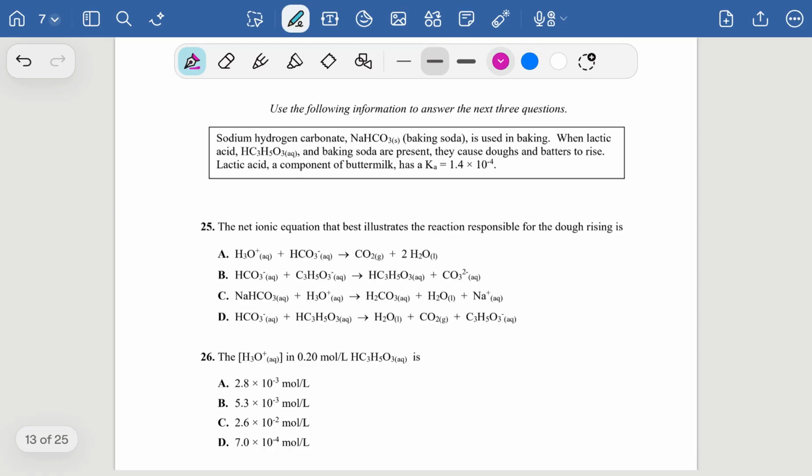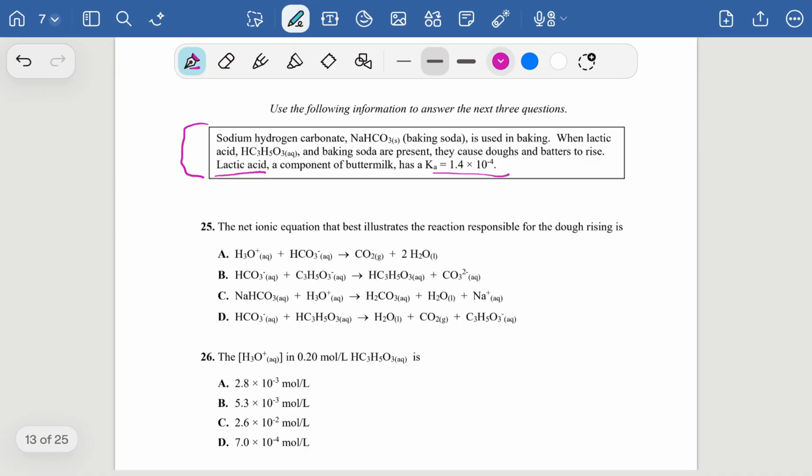So taking a look at this first one, we have some information about a reaction we used in baking. So we could read this through, and then some information about lactic acid and giving us a Ka. That Ka is implying that it is a weak acid, because if we did place it on the data booklet, it would be below the gray line on page 8 and 9. So when it's asking the net ionic equation for this dough rising, we would want to pick our strongest acid